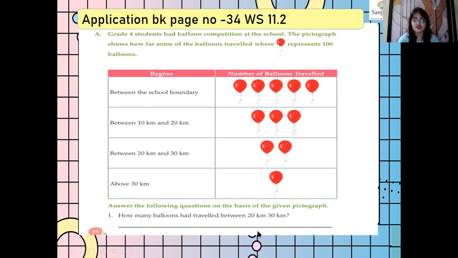How many balloons had traveled between 20 kilometer and 30 kilometer? So, 2 symbols of balloons are there, and each balloon symbol stands for 100 balloons. So, 2 into 100 is 200 balloons. You will write the answer as 200 balloons. Okay. Next, then,